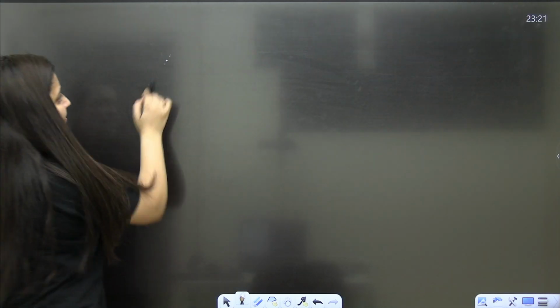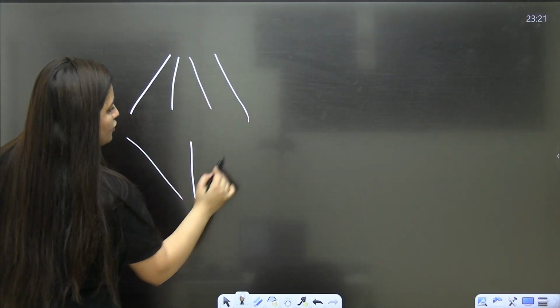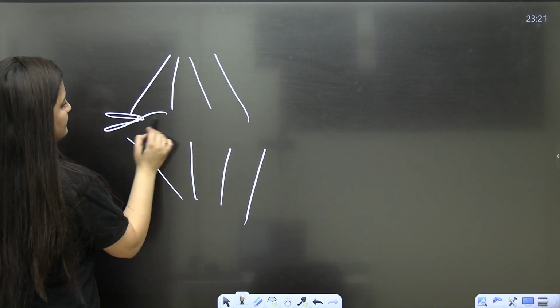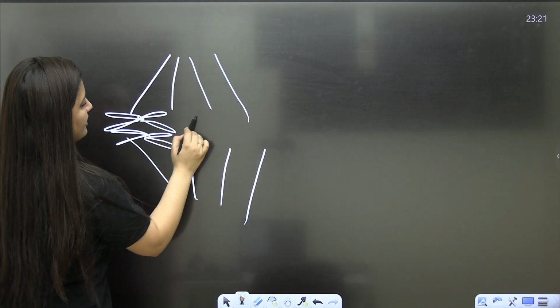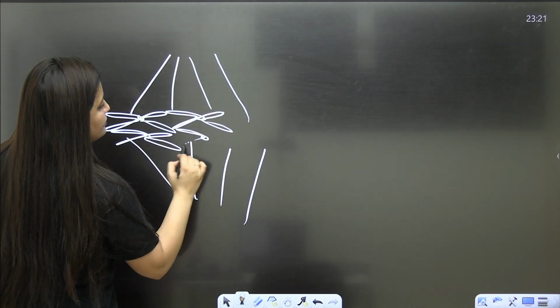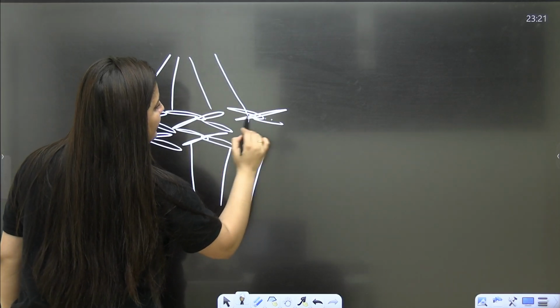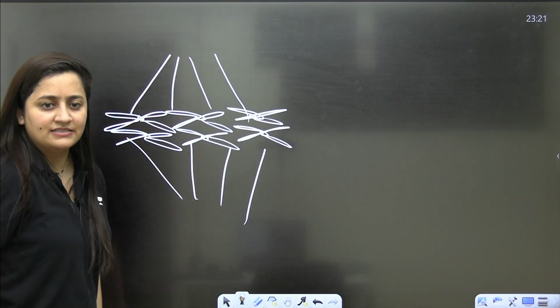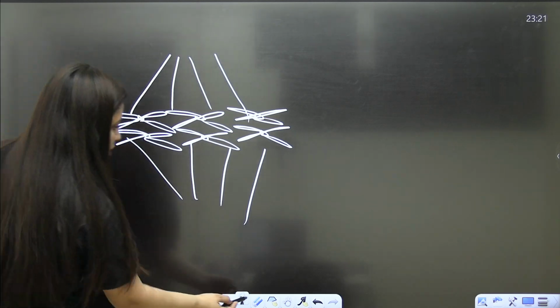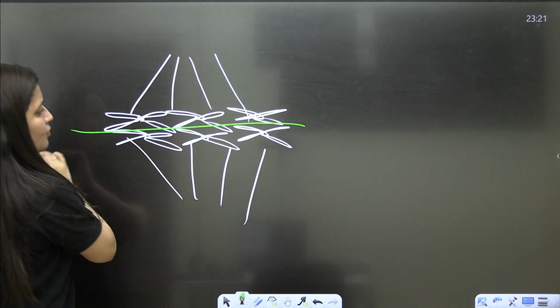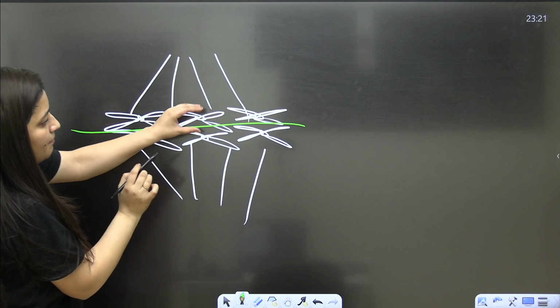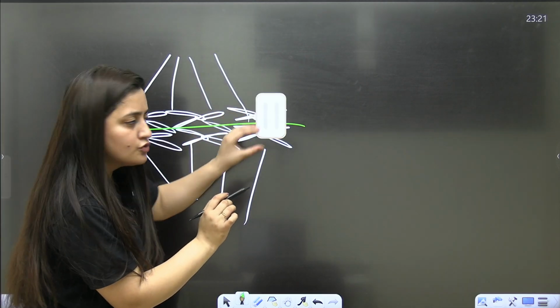So in metaphase 1, always remember, when it is the metaphase 1, you will see 2 metaphasic plates. How many metaphasic plates are you going to see? You are going to see 2 metaphasic plates. Clear? This is what you have to remember. In metaphase 1, there will be 2 metaphasic plates, because the bivalents, your homologous chromosomes, are paired.